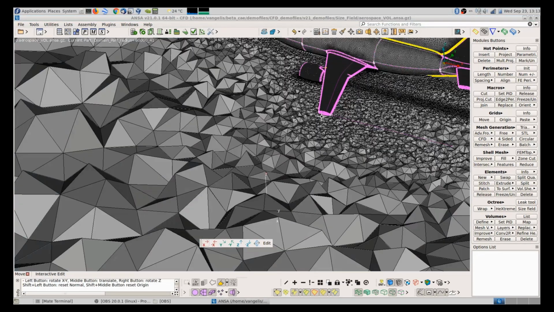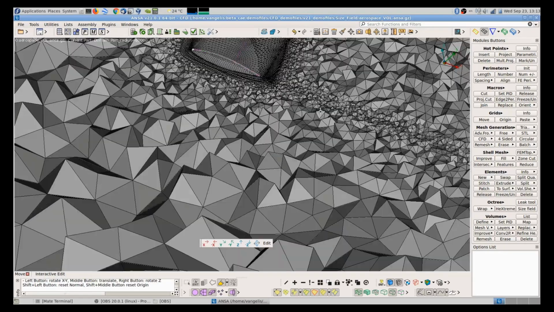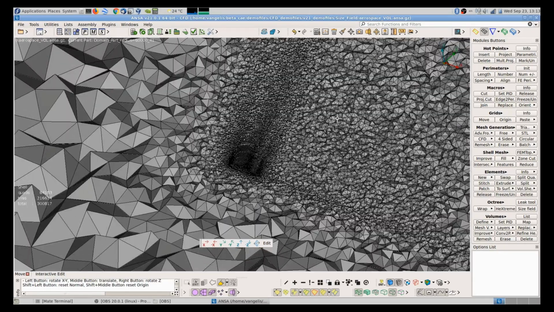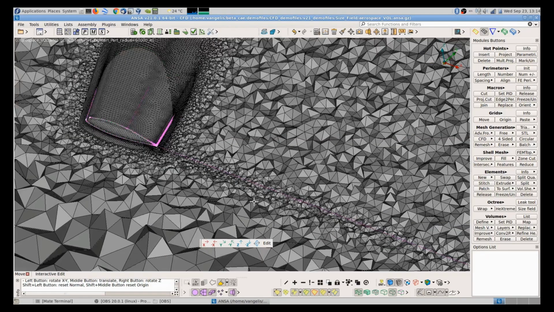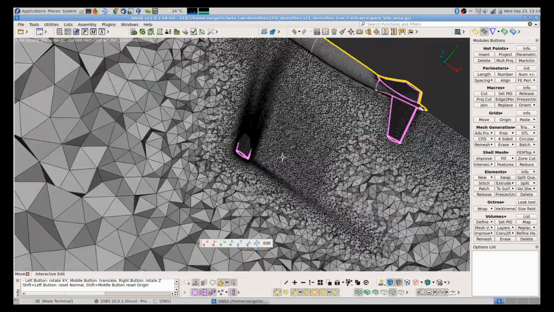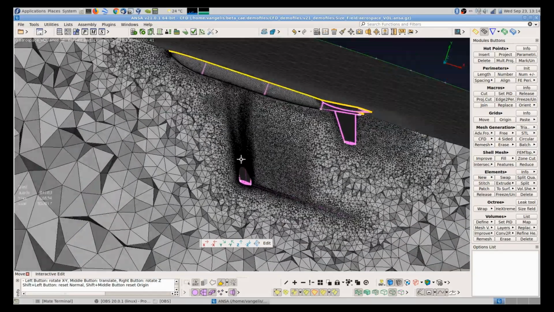Let's scroll up and down this cutting plane so that you can see also the refinement at the tip vortex. And the sweep from the shape of the plane downstream by 15,000.